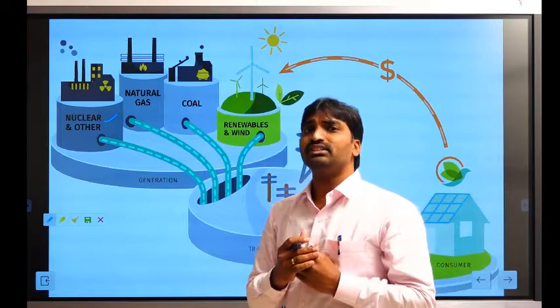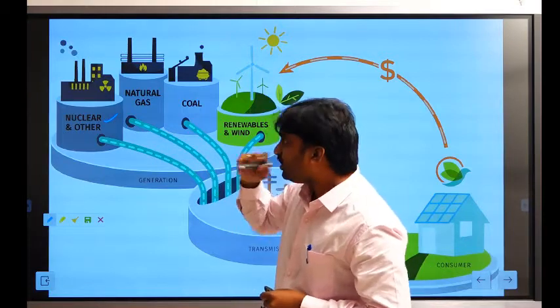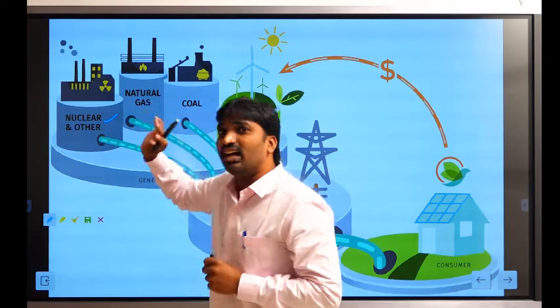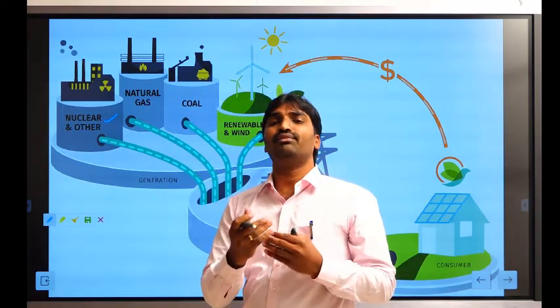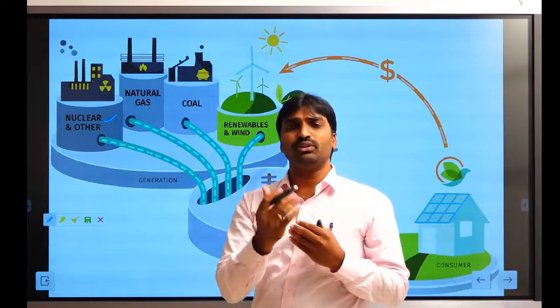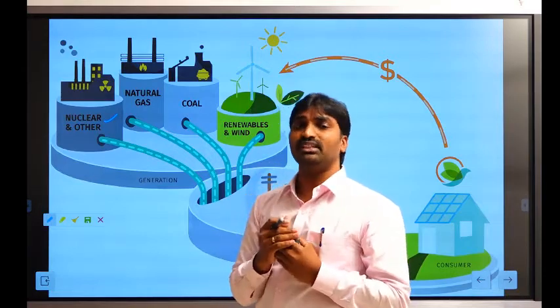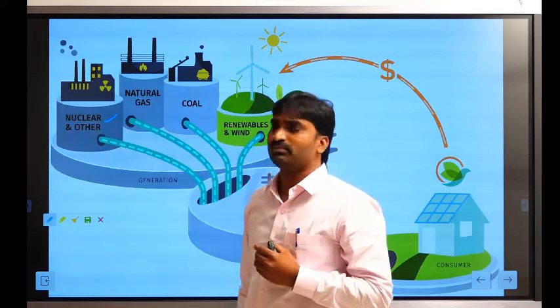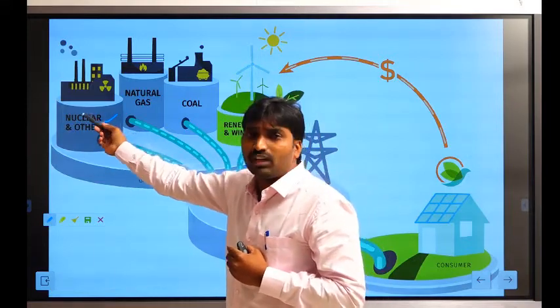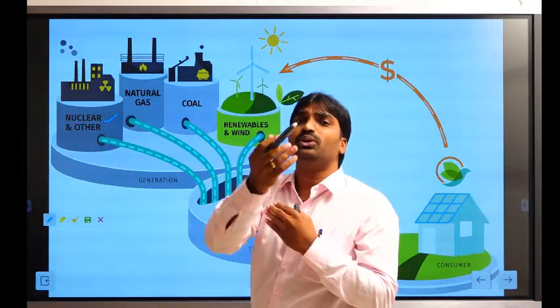For that purpose we are using a boiler. In a boiler we need to heat the water. For heating, what do we need? We need some amount of fuel. So what fuels are we using for heating water? That is the main thing. Here we are heating the water by using nuclear fuel. The power plant is known as a nuclear power plant, meaning we are using nuclear fuel.